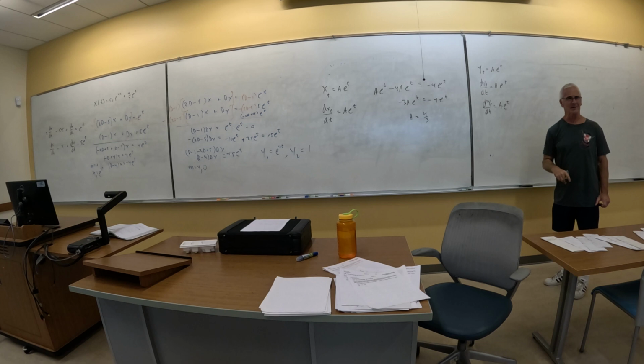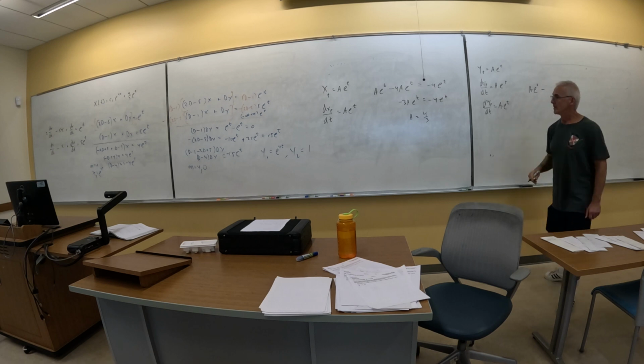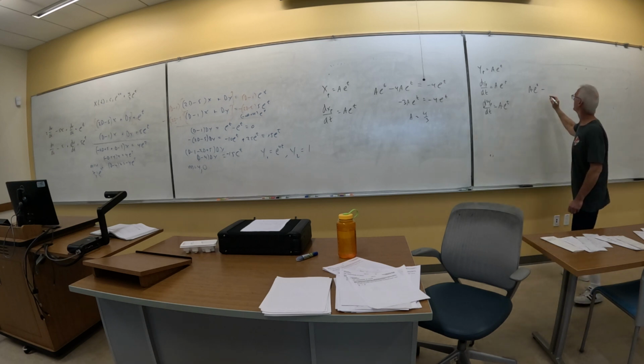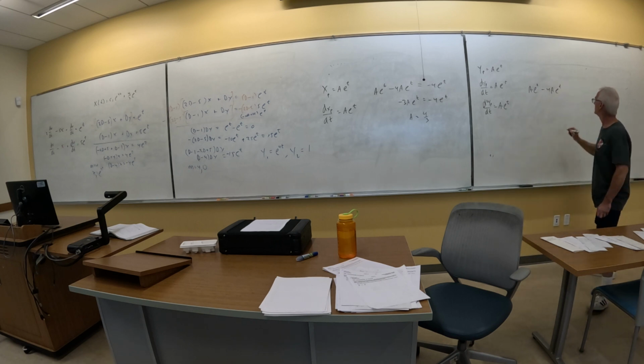Didn't really get all that complicated, did it? So what am I going to do now? I'm going to take the second derivative, and then minus 4 times the first derivative. And then that's all supposed to equal,